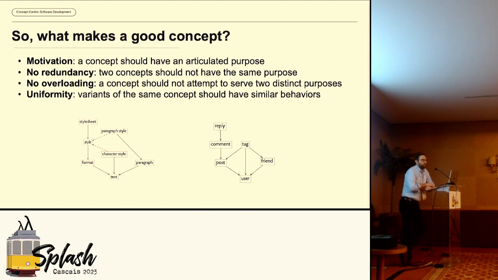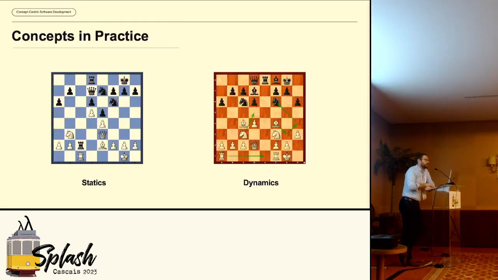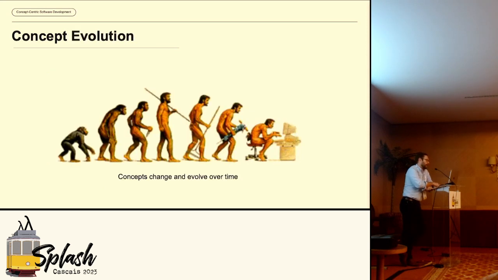But as someone working in industry, I was actually very interested in sort of what I start calling concept dynamics, right? And so this is, if you think about analyzing a chess board versus analyzing the gameplay of chess, the big difference is movement. It's the fact that these pieces move, these concepts change, and concepts do evolve over time, right? They change and evolve. If you've used software at all for the past 20 years, it has changed a lot. Some of the concepts have stayed similar, some have stayed different.